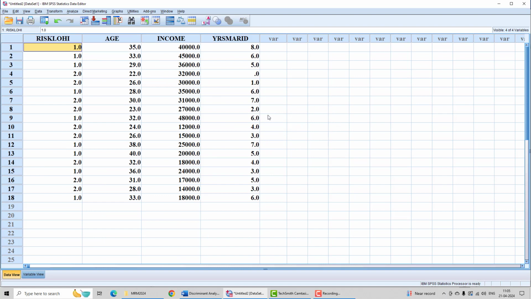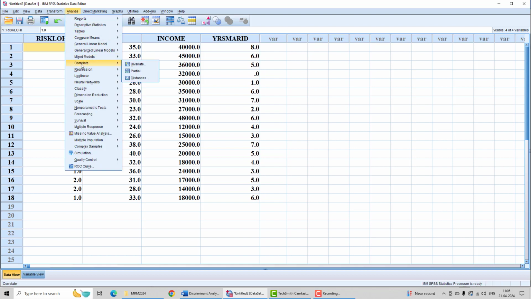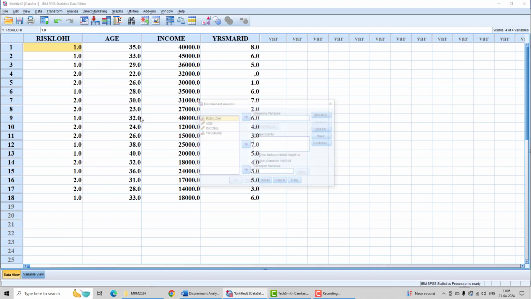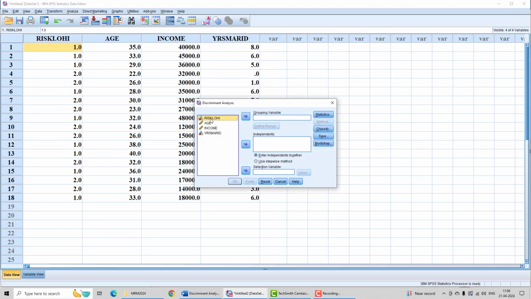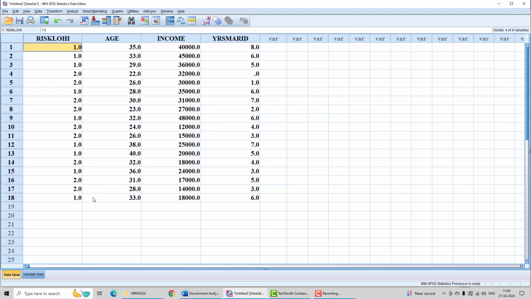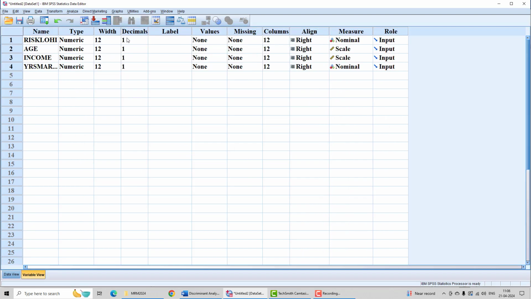So now we'll go for analyze. The discriminant will come under classification because we are trying to classify them into low risk and high risk, and then we go for discriminant. Of course, our risk low and high is our grouping variable. First let me just convert this to variable view, and in this variable view I will clearly mention that this is my scale, and because I want to write in my output which one is low risk, which one is high risk, so I will use